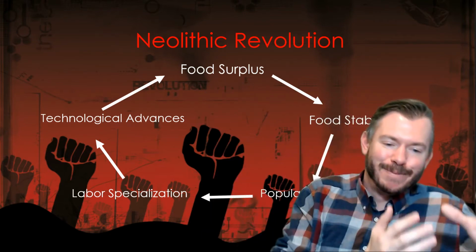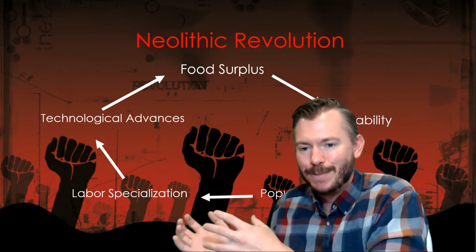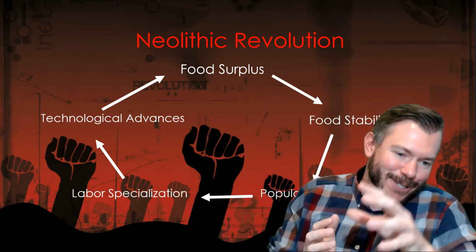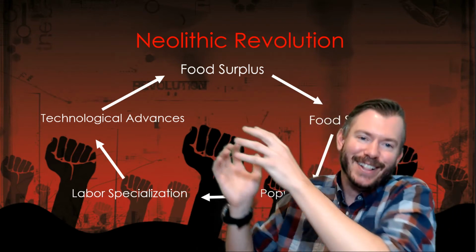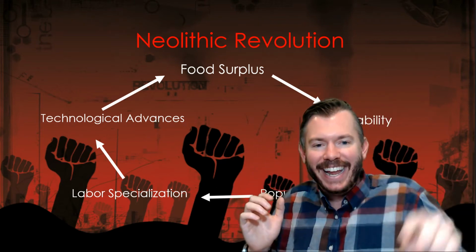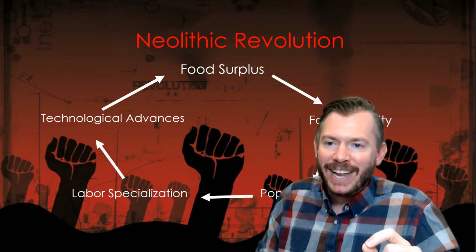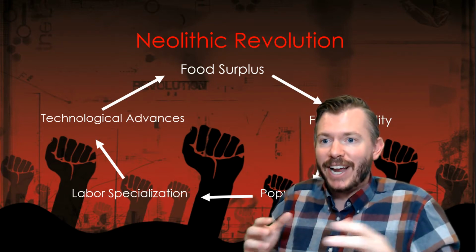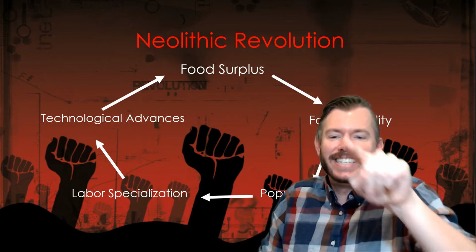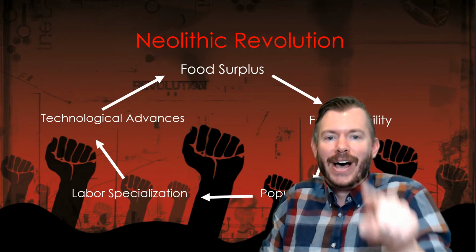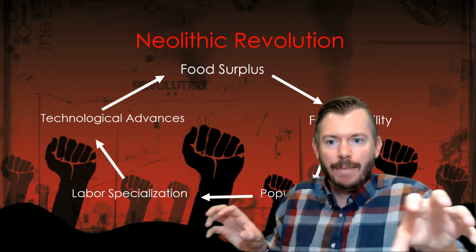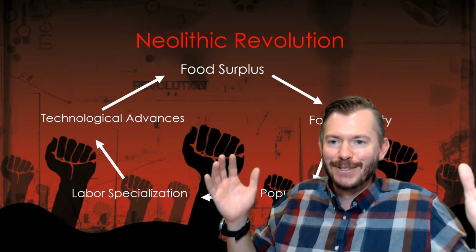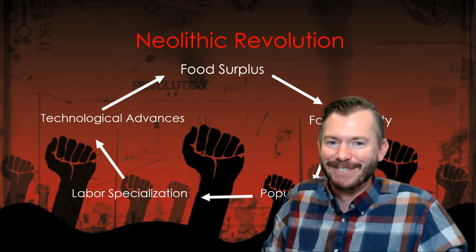And the food surplus leads to more stability, which leads to more people, which leads to more specialization, which leads to bigger technological advances, which leads to more food, which leads to more stability, population, specialization, technological advances, and again, and again, and again, right? So even though farming and animal domestication and staying in one place, being sedentary, doesn't sound very exciting, this cycle is still exactly what's going on. We're able to produce more things, people are able to specialize, technology improves, and we continue the cycle. So there's the Neolithic Revolution for you. Very exciting stuff.